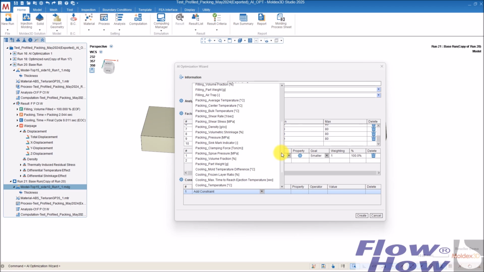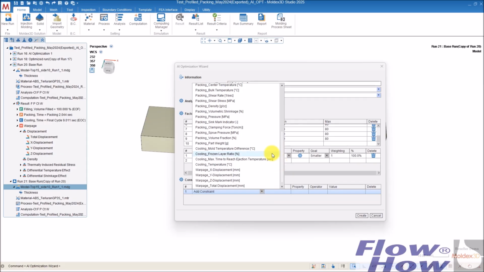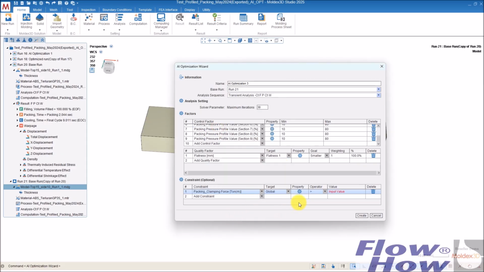I will not exceed, let's say, 60 ton. I have a 60-ton machine, so the clamping force should be lower than 60 ton. So in this case, I'll take lower and give in 60 ton.